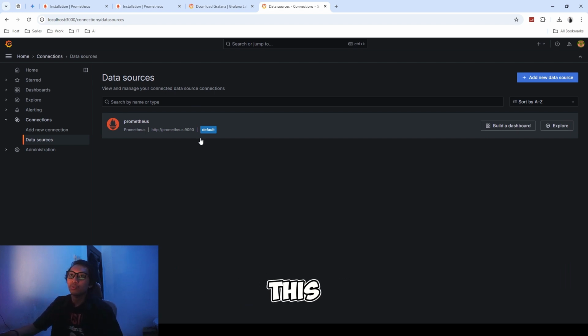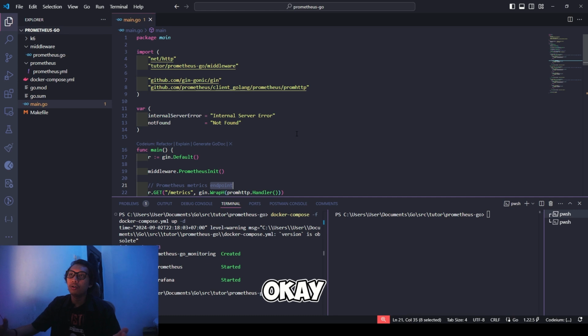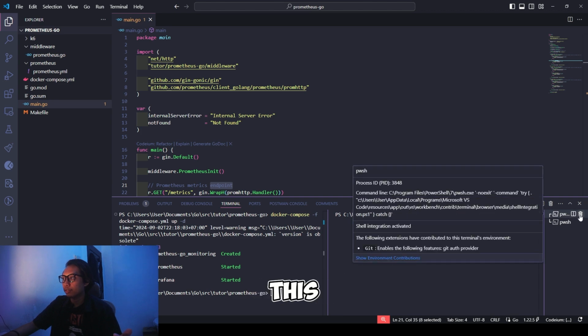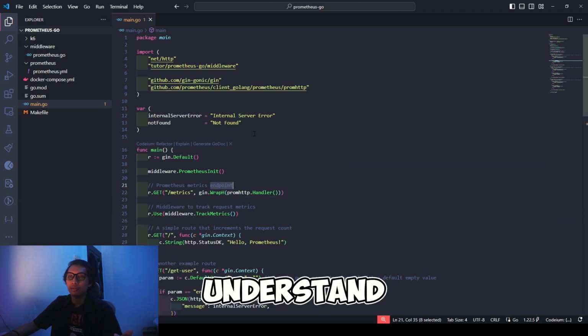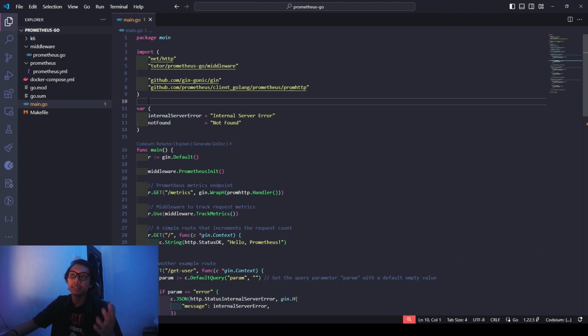Maybe after this we'll go to the Golang application to see how our application is working. Okay, back again in this tutorial. For now, we'll be exploring our Golang application. So I will explain what's happening in our Golang application here. Please make sure you understand what I'm doing, okay? First, maybe I will just delete these two prompts so you can see clearly, yeah.